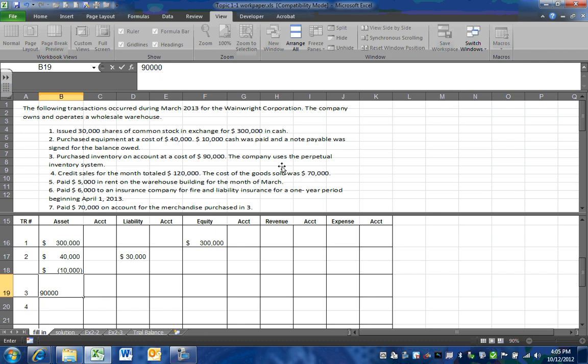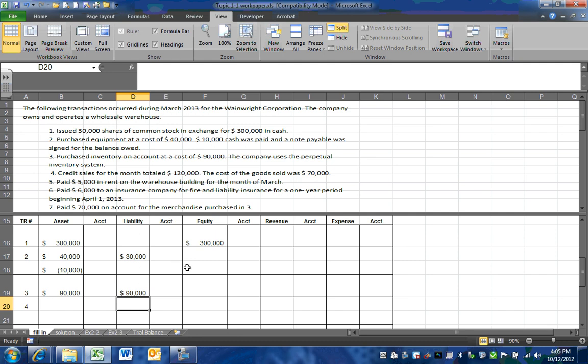So we will increase the asset by $90,000. Now, we did not pay cash for this yet. We know that by the term on account, which means we owe this to our vendor supplier. So again, we have assets going up by $90,000